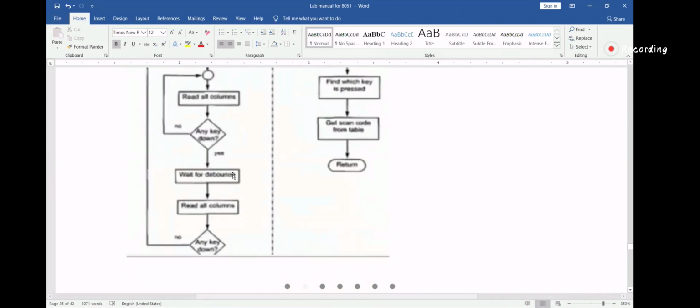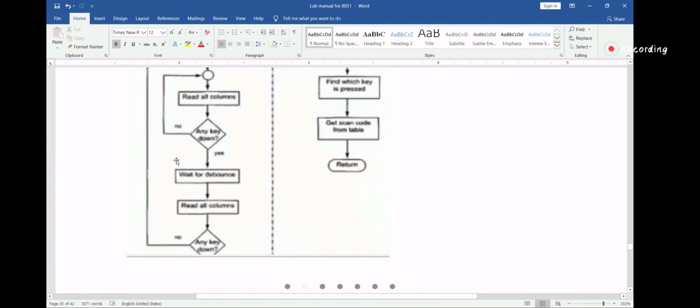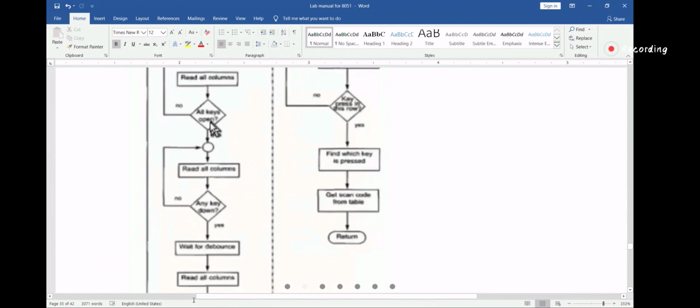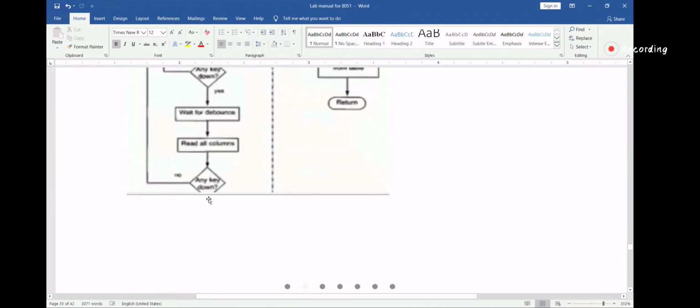Even after these three steps, first one is step number one. Step number two is bounce and debounce. See, this is bounce, this part is debounce. Now, after this step also, if the key is not pressed, it will go back to that same loop. Only if the key is pressed, we'll come to step number three.